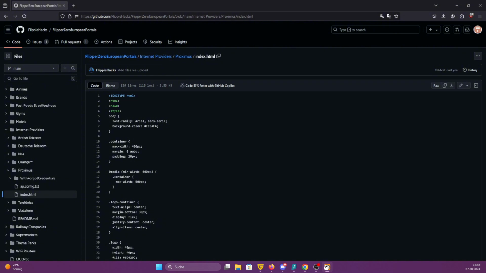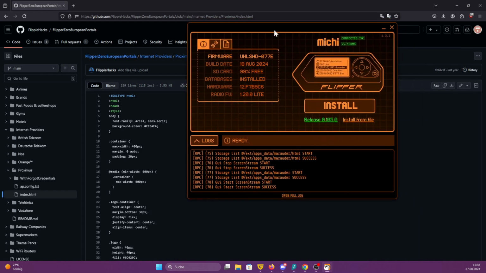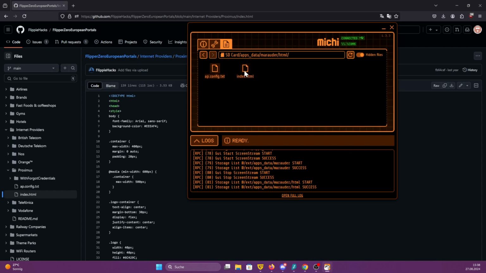So you connect your Flipper to your PC. I personally use QFlipper for that, so it looks like that, and after that you can click here on this file manager, and here you can see I'm in my SD card. Then I located apps and data and went to Marauder. That's basically the software for the Wi-Fi board. So you can just open HTML